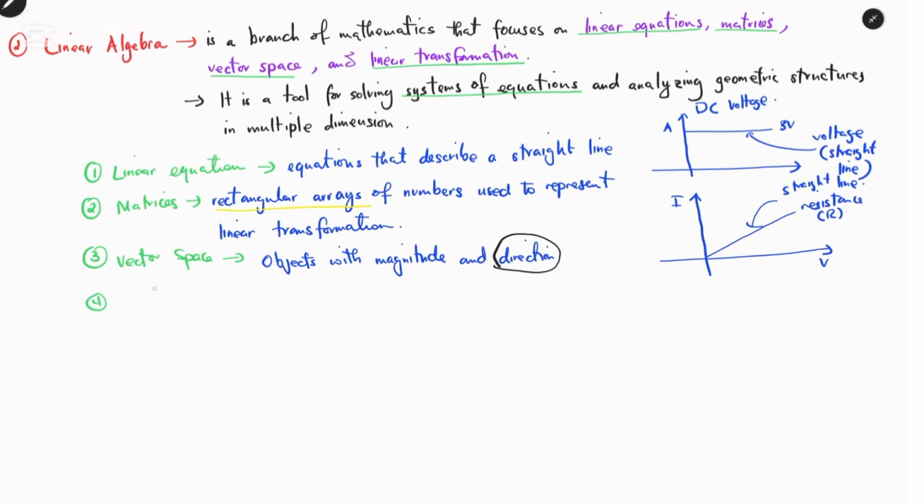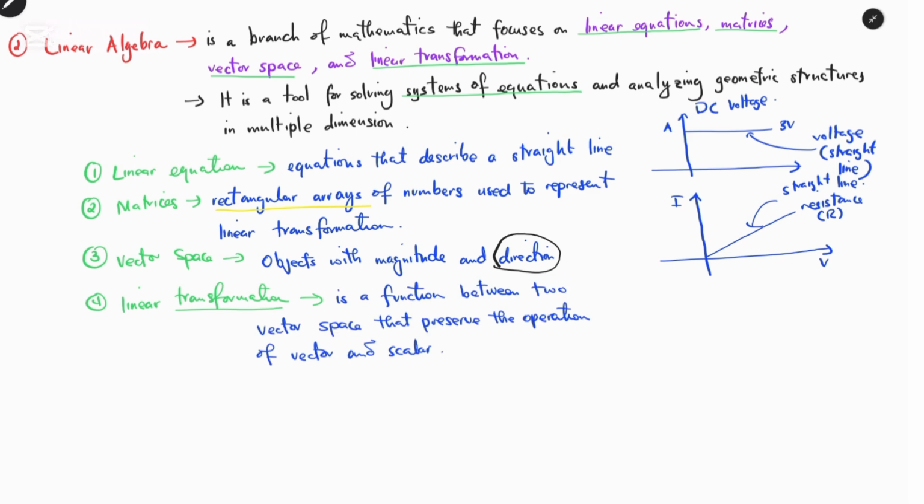And the final one is the linear transformation. So we have linear equation, and now we have the term transformation. It is defined as a function between two vector spaces that preserves the operations of a vector and a scalar. So linear transformation normally deals with a function that governs the linear equation, matrices, and vector space. When we want to transform a vector,